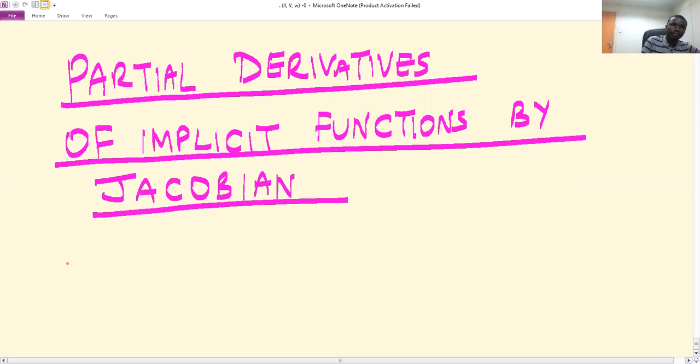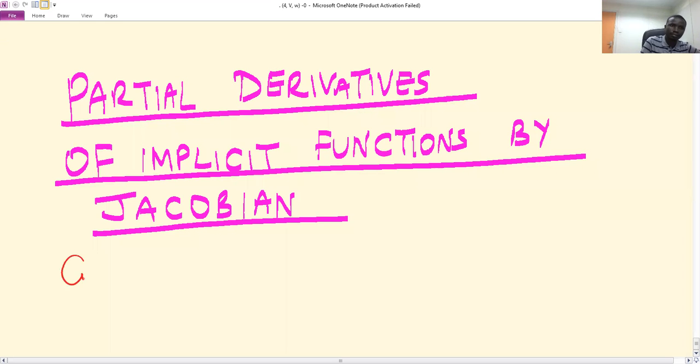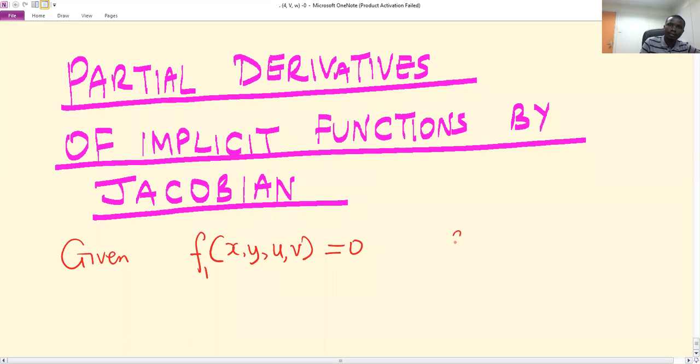So given f1 of x, y, u, v equals 0, and f2 of x, y, u, v equals 0, this is case 1, then